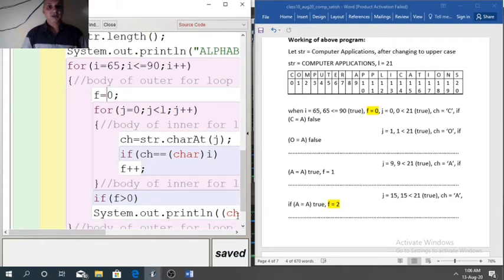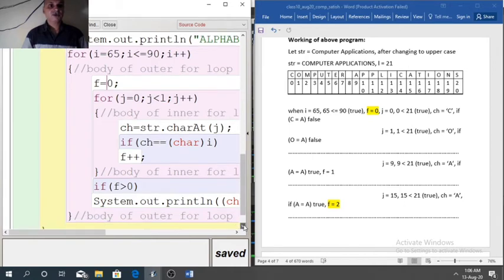See, this outer loop starts with 65, it goes up to 90. You know that 65 is the ASCII code of capital A, 90 is the ASCII code of capital Z. So in the output we need to display the frequency of the characters in the alphabetic order. That is why I have taken the loop from 65 to 90.